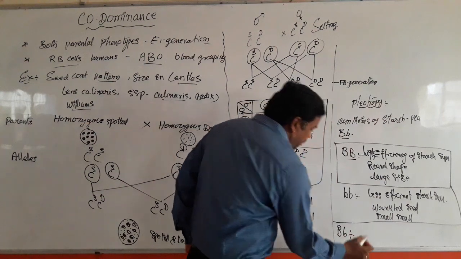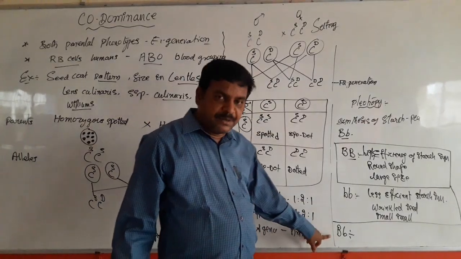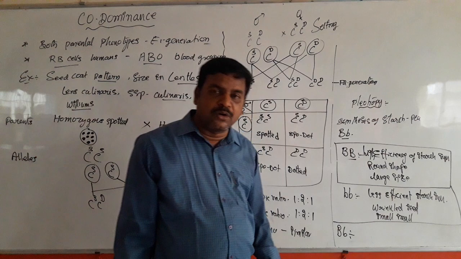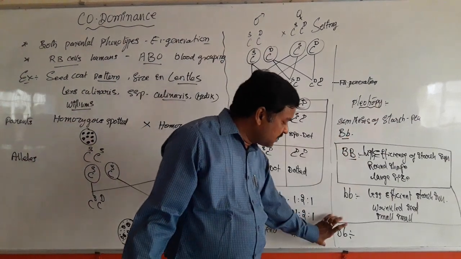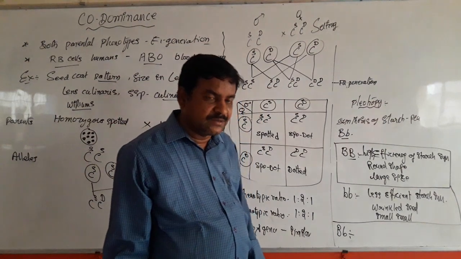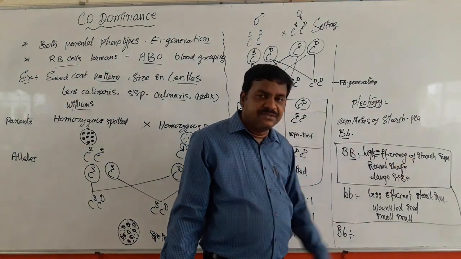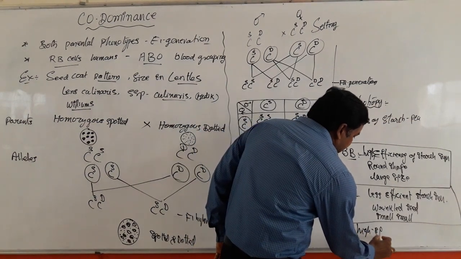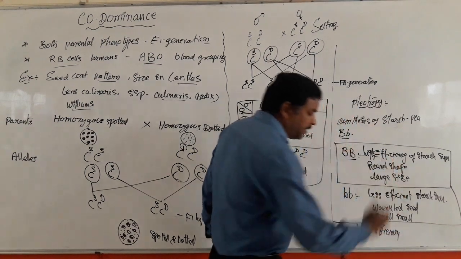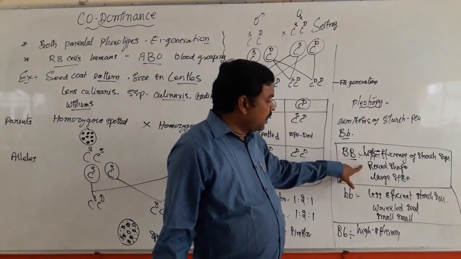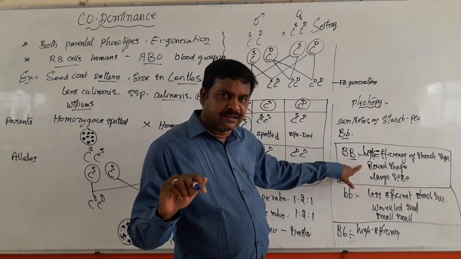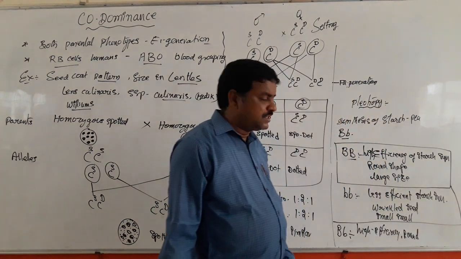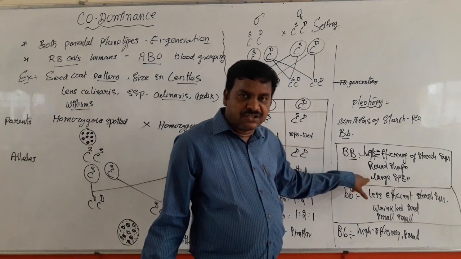we obtain the capital B, small b hybrid, the F1 hybrid. What characters are expressed in the F1 hybrid? Normally in monohybrid crosses, dominant characters are expressed in the F1 hybrid. Highly efficient starch synthesis is found here also. Round shape is the dominant character, and round shaped seeds are also expressed. But the dominant character large